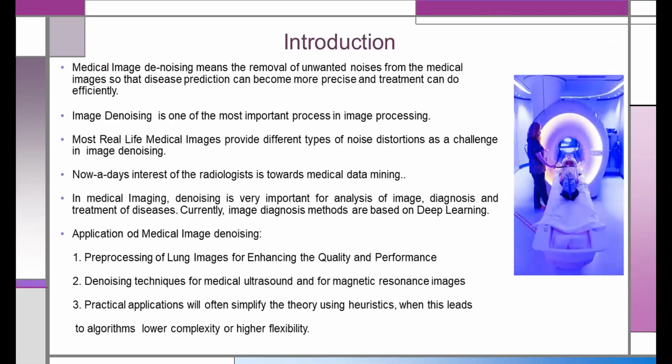Okay, so the introduction is what a medical image is and what denoising means. Denoising means we have to remove the unwanted noises from the medical image so that the screen could become much clearer. Okay, so we are using various types of tools and machineries, as you can see in our medical lines for taking the x-ray of the patients, but you can see that there are certain noises because of which we cannot see the clearer image. So it is just a step for the enhancement in medical science to propose a model so that we could get a clear image.